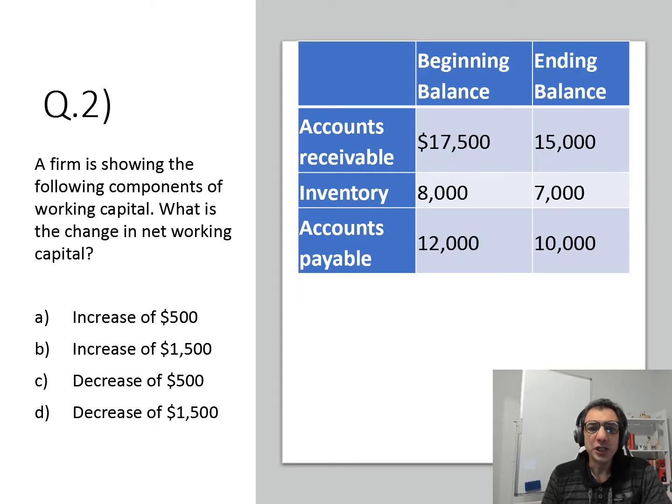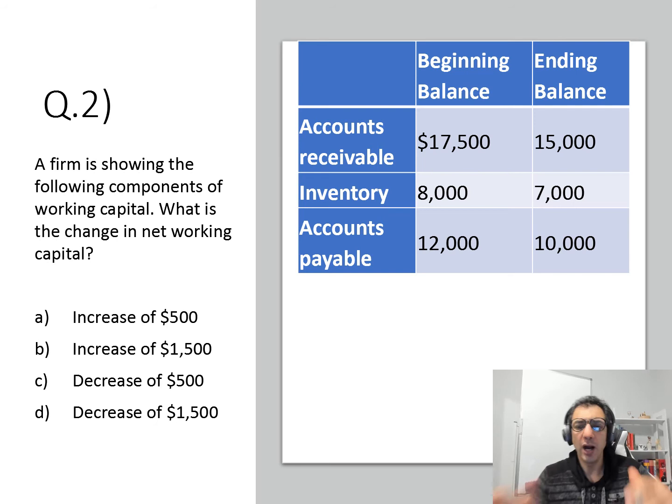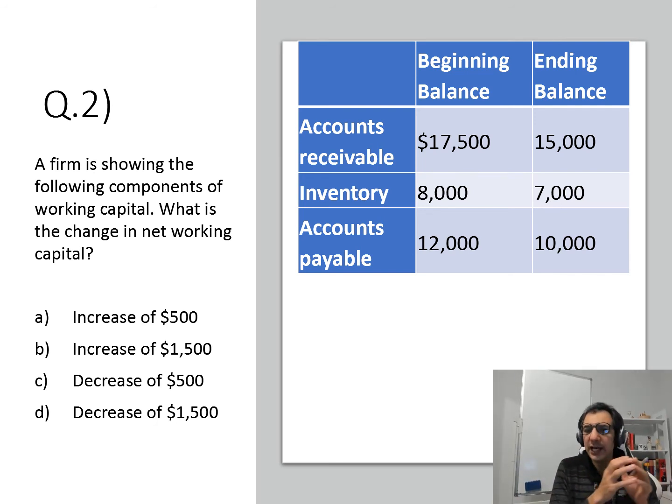So we have information regarding current assets and current liabilities. More specifically, we have three items here. And our goal here is to calculate the changes in net working capital. When it comes to such questions, there are several ways. Either you can calculate the current assets in the beginning,